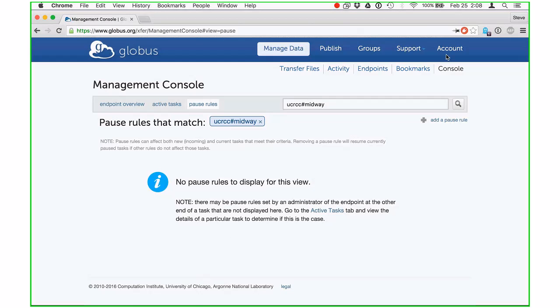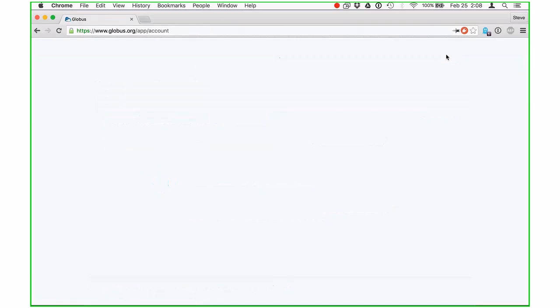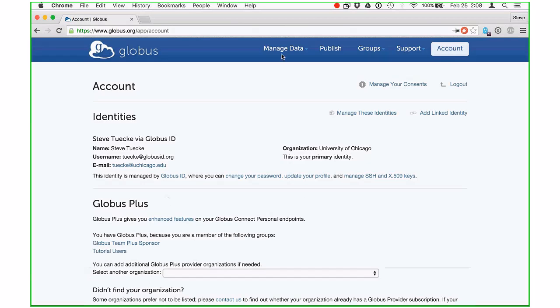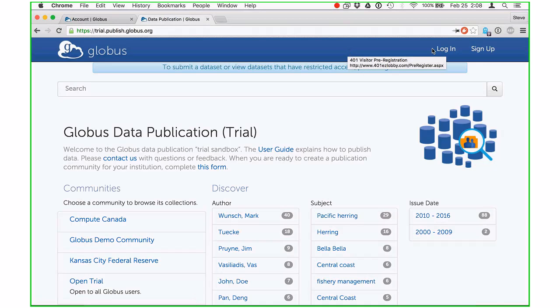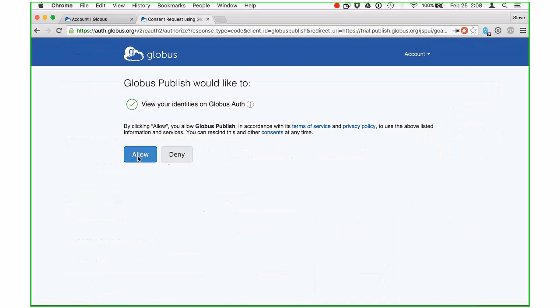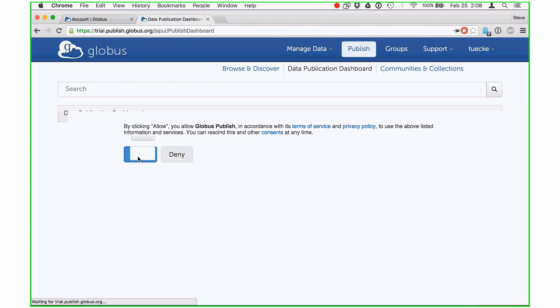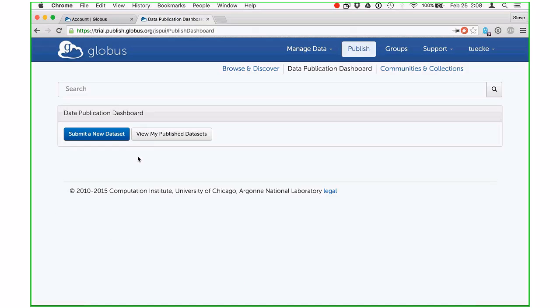So let me give a quick demo of that. So I'm logged in here, make sure I'm in the right account. Yep, logged in here in my Globus ID account. So let me go ahead over, we have a trial publication system that any of you can use as well. Let me go ahead and log into it. Again, consents on using it. All right, so I'm logged into the trial system. Now,